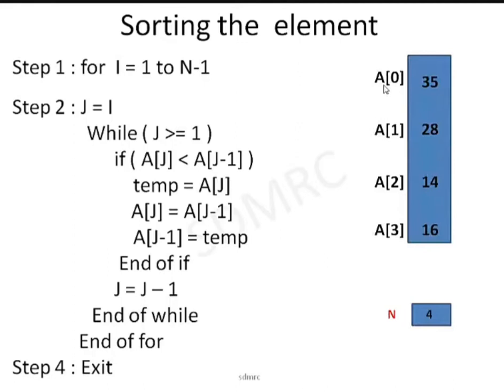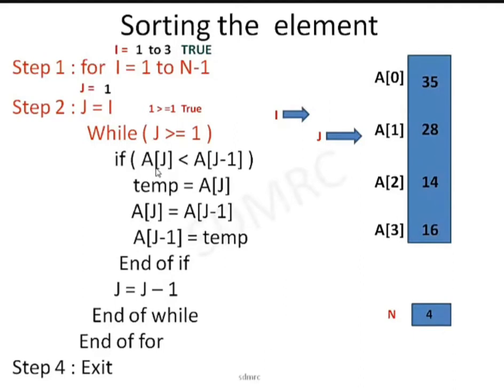Let me take an example. Number of elements is 4, right? If it is this algorithm, let me start the value for I is equal to 1. Let me initialize the value for I, which is initialized to 1, with locations 1, 2, 3. I is at location 1. This element is compared with A of 0 actually. So let me see. J is equal to I, J is also at the same location, location number 1. J is greater than or equal to 1, 1 greater than or equal to 1, that's true, right? I get inside of the while loop.